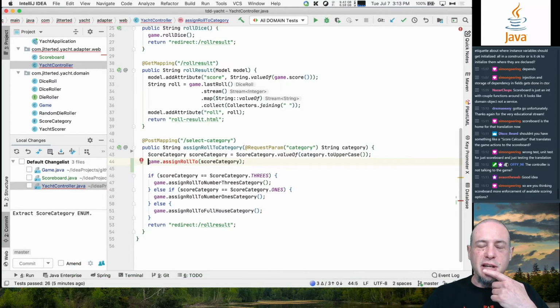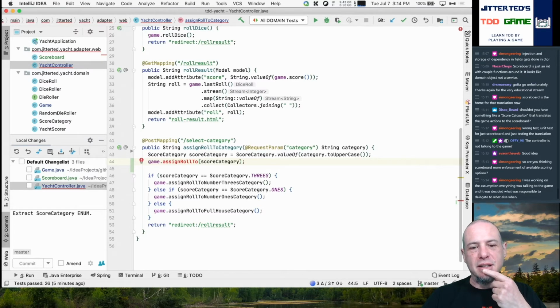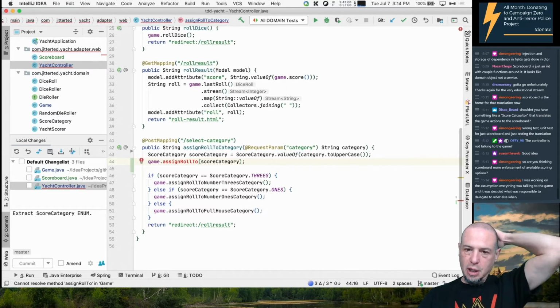And then game would just hand that off to, because we're sort of treating game as a sort of a service a bit, kind of. It's certainly a boundary object. Because otherwise, how would I get access to the scoreboard? I don't want to go through a middleman. So I think this is fine. And then in assign a role to,